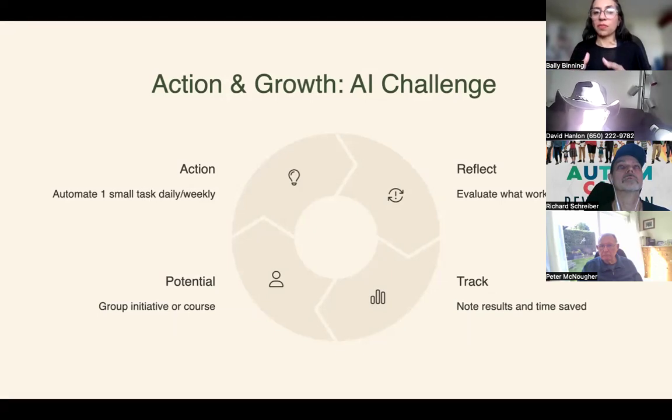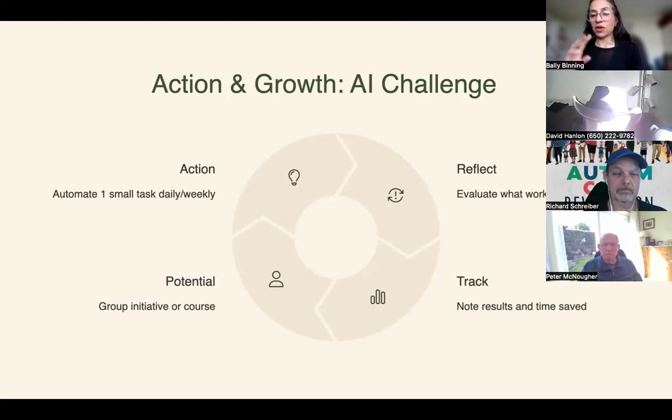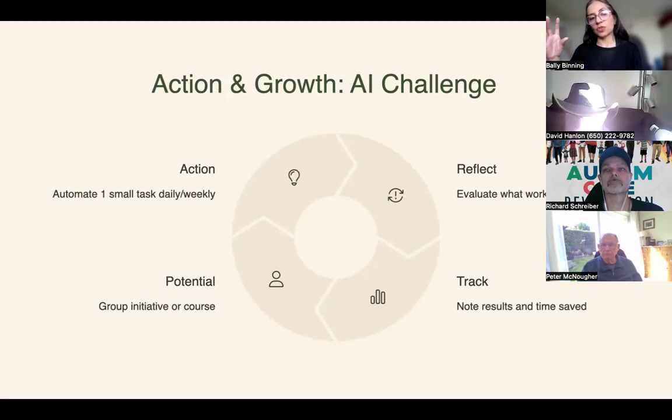But it's having these conversations, becoming mindful about how we're using the thing that we're saying we're using, and what we're using it for. So I would say, if you haven't tried it, pick one thing that you do daily. Perhaps start noting it down and see how you can then use AI. If it's using ChatGPT, what are some of those things that you can automate? Evaluate what that is.